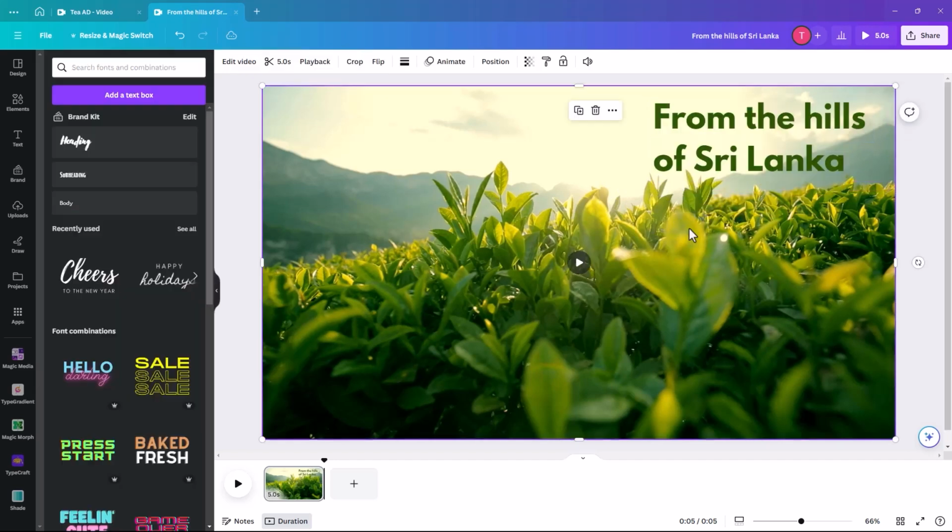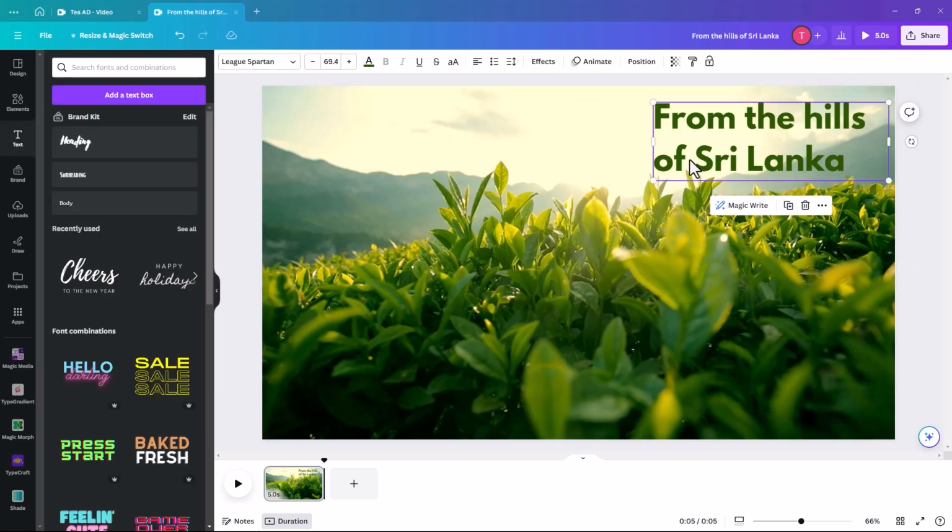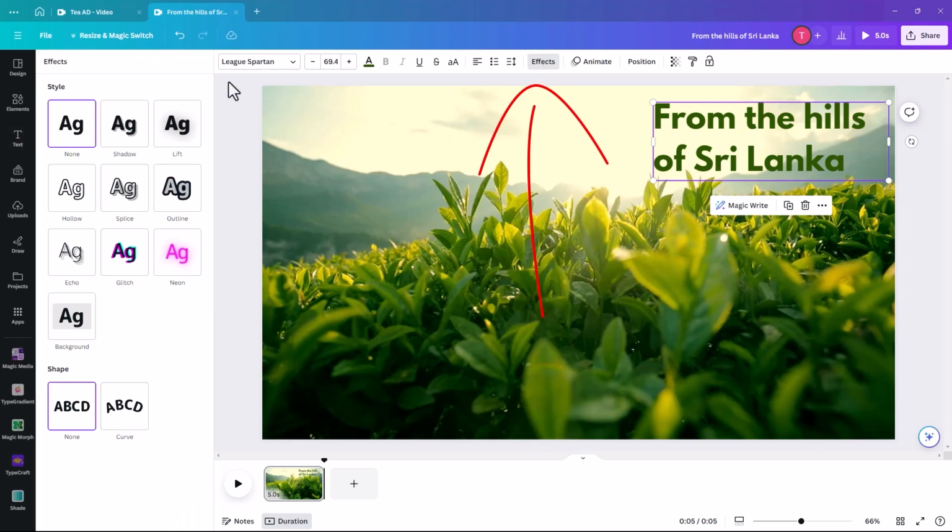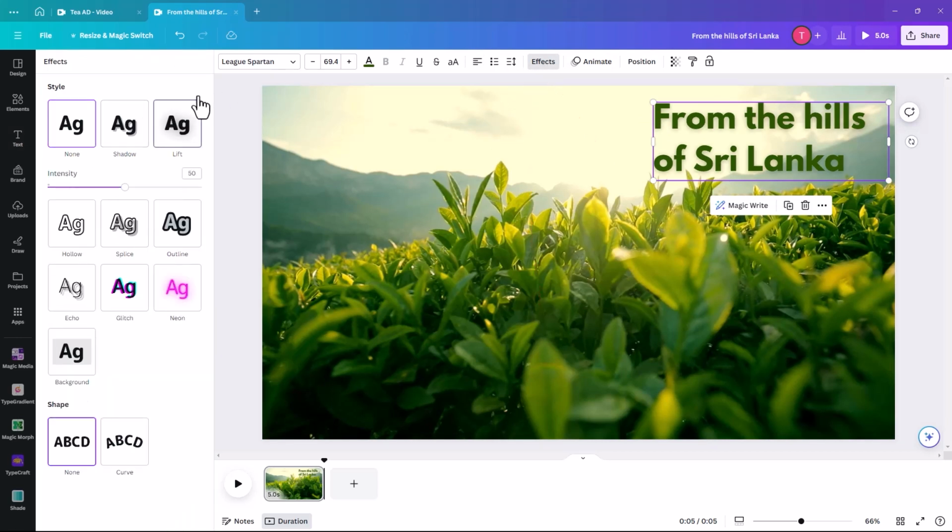So, okay. And then we're also going to add an effect to this text. You have to select the text box, click on effects, and we are going to add a lift to it. We're just going to make the intensity a bit